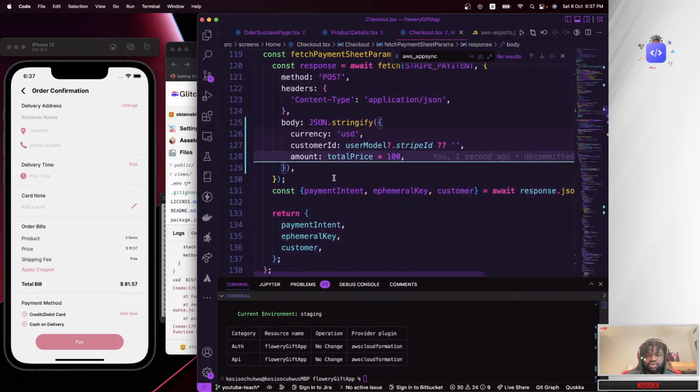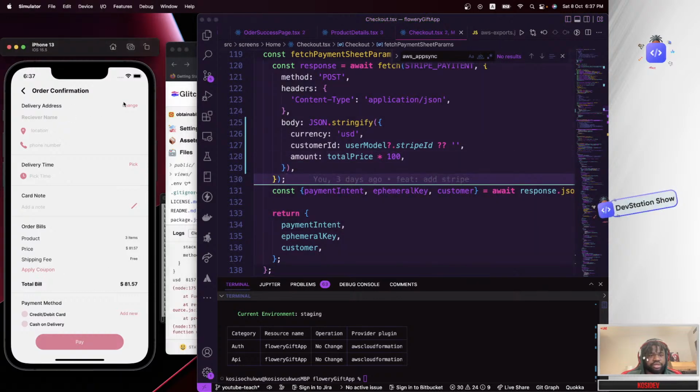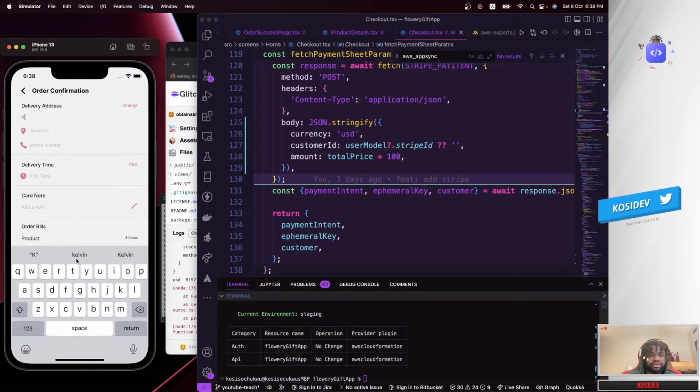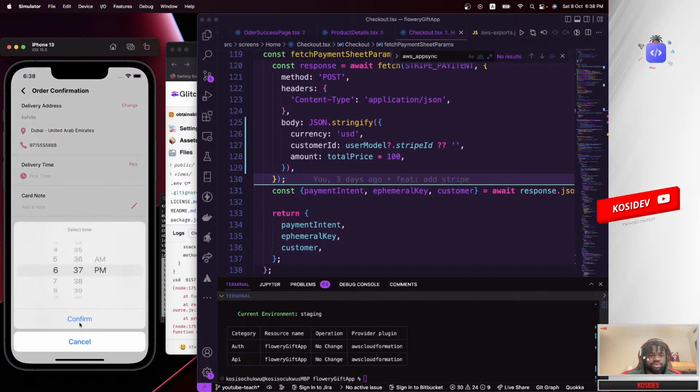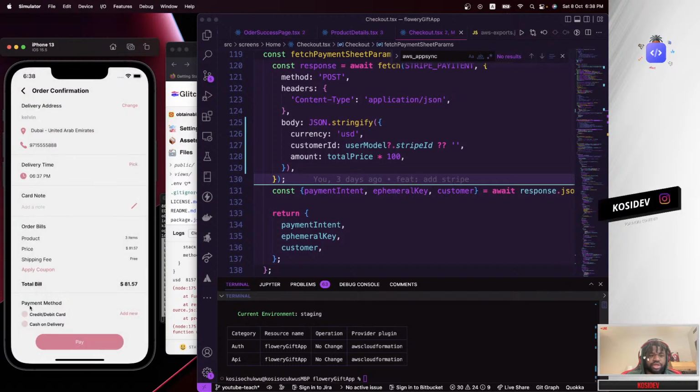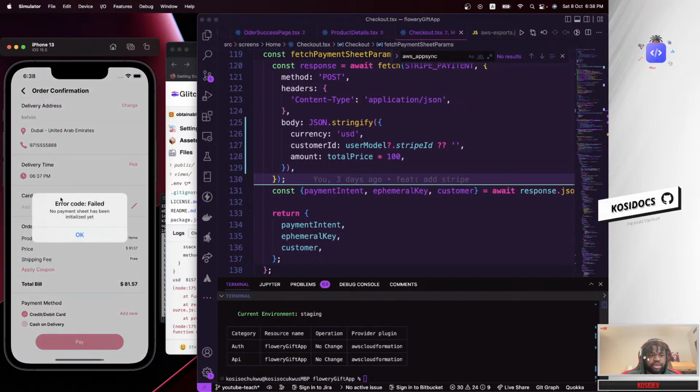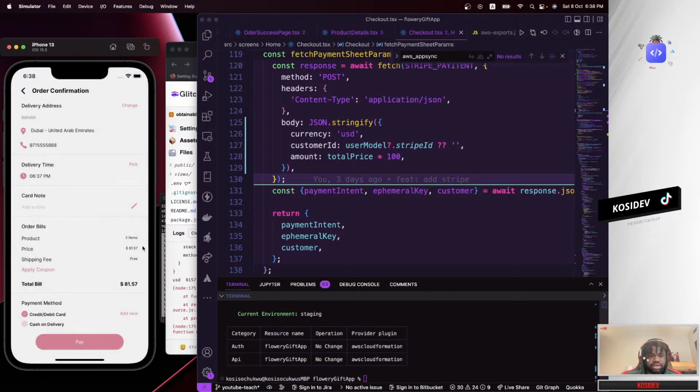And let's try this. So let's try opening this up again. User Kevin, location Dubai, phone 971. Just a random number, pick a date, pick a time that you want it to be delivered. Add a note if you want. If not, go and select the debit card, tap on pay. We're getting an error code failed, no payment sheet has been initialized yet. Okay,